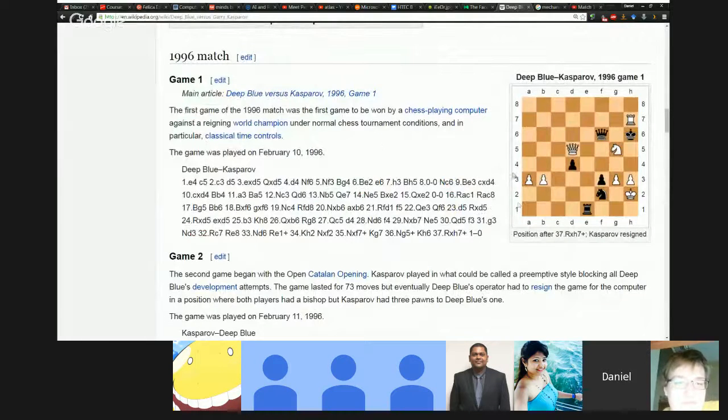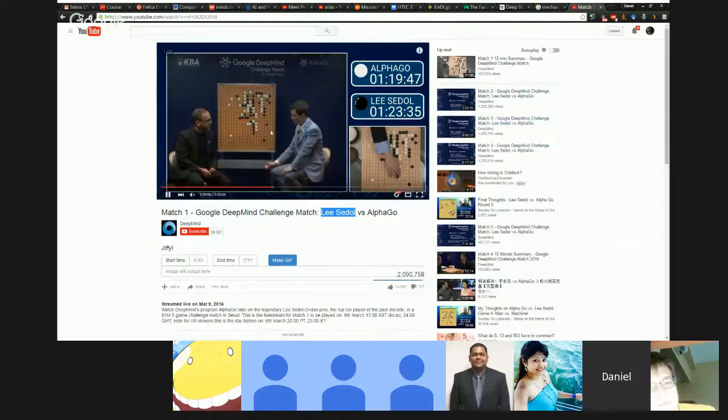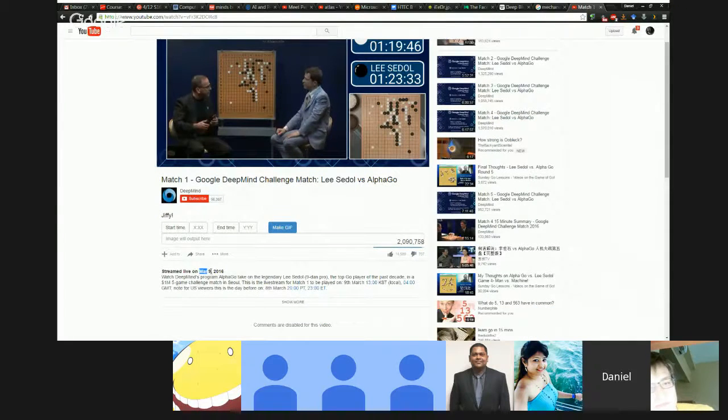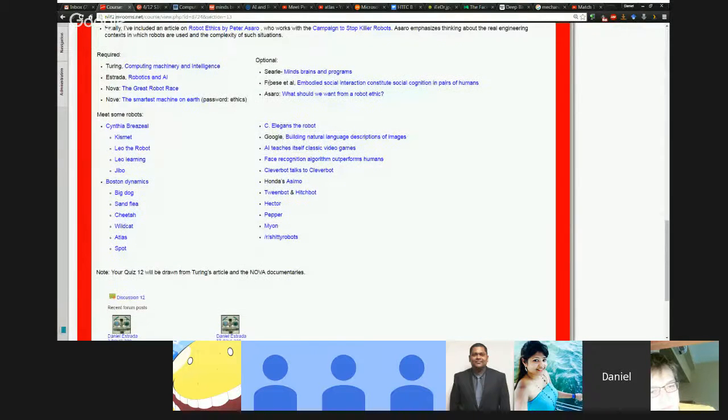In chess, you have an average of something like 35 moves that you have to consider per move. And in Go, you have something like 300 different moves that you can consider at any one time. It's just a much bigger problem space. And just a few weeks ago, beginning of March, Google's computer AlphaGo beat Lee Sedol at this game.